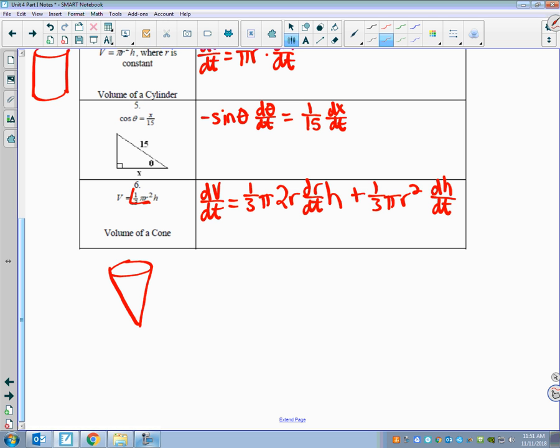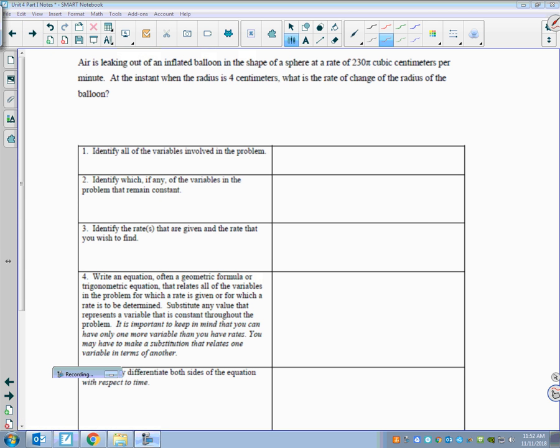What I really like about this curriculum is they try to break it up for you in these next few examples. I'm going to try to do one of these examples with you, and then we can work on some in class, and we'll see where we get. But it says air is leaking out of an inflated balloon in the shape of a sphere at a rate of 230 pi cubic meters per minute. At the instant when the radius is 4 centimeters,